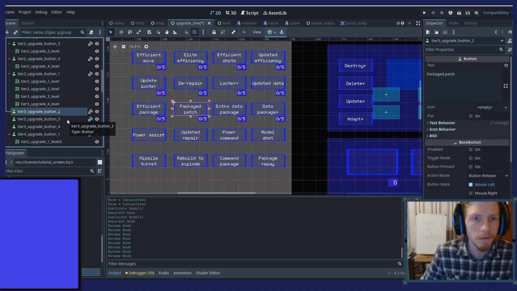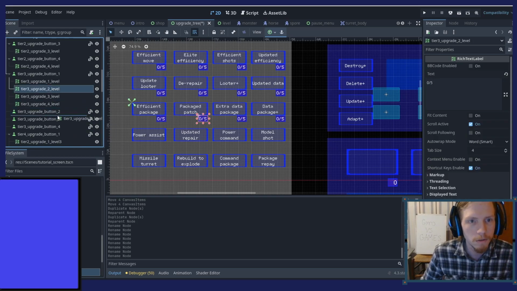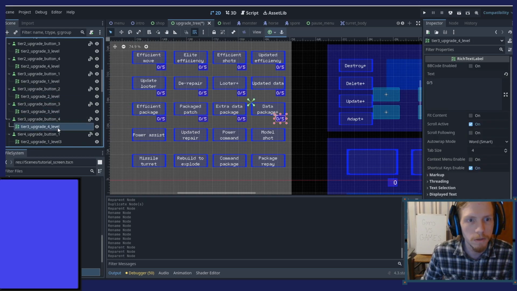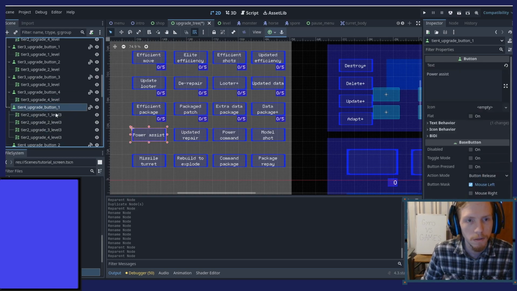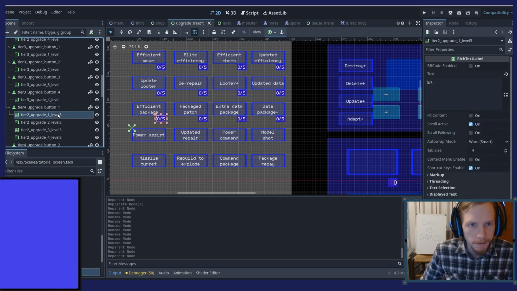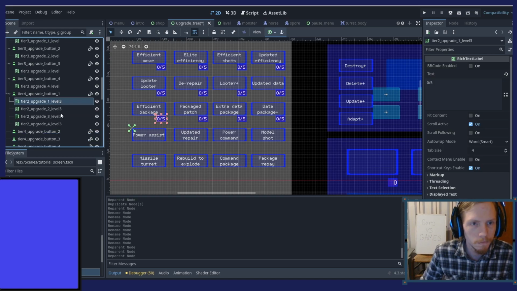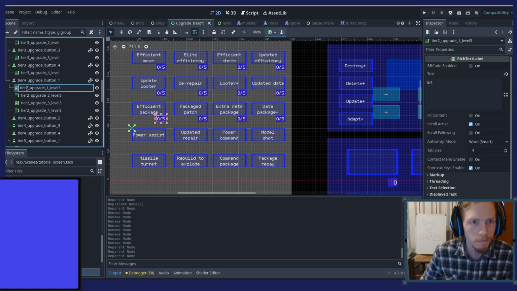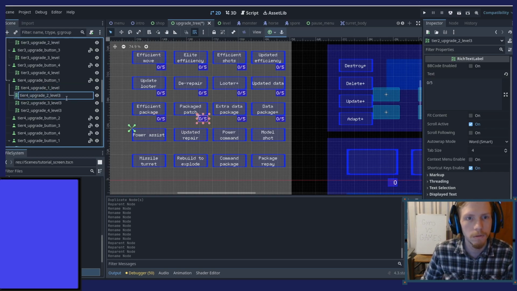Now this goes here, this goes here, this goes here, and tier 4, tier 4, tier 4.